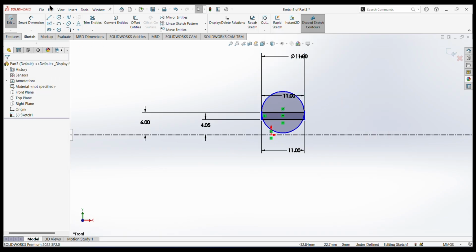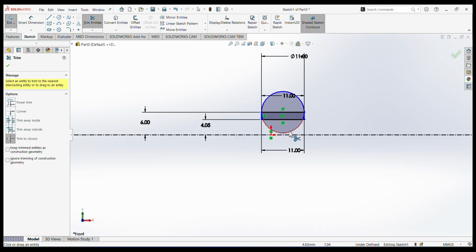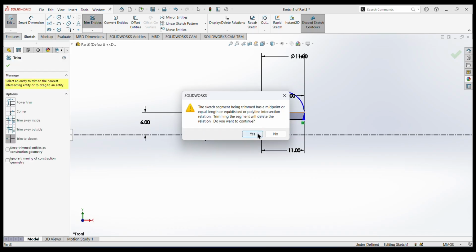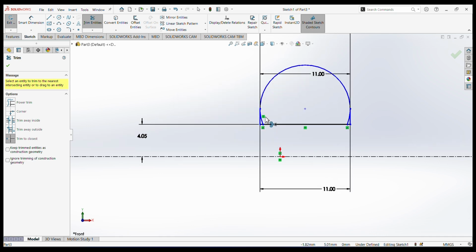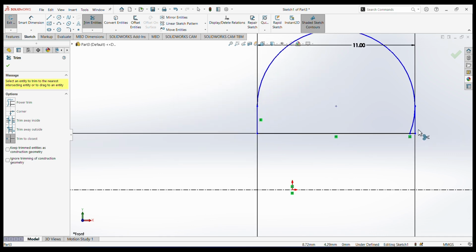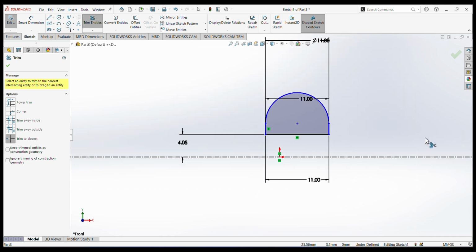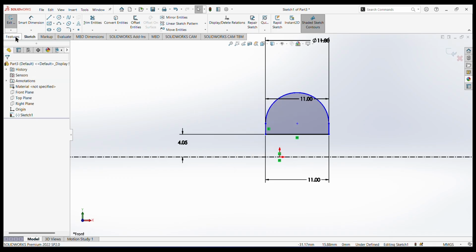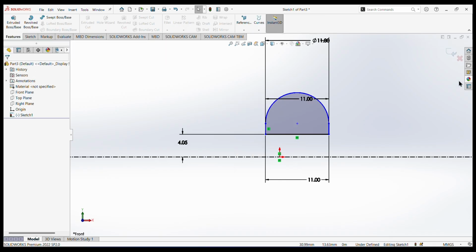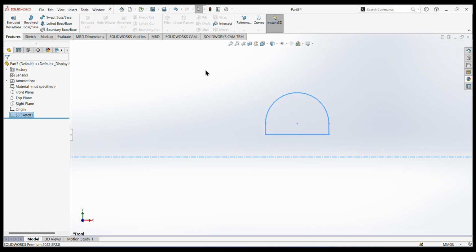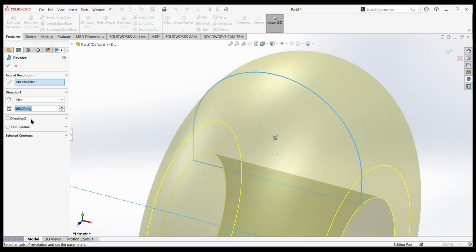Okay, and now we can trim the extra circle, this one also, and this one. Okay, now first we make it defined and then use the revolve boss command, and okay,